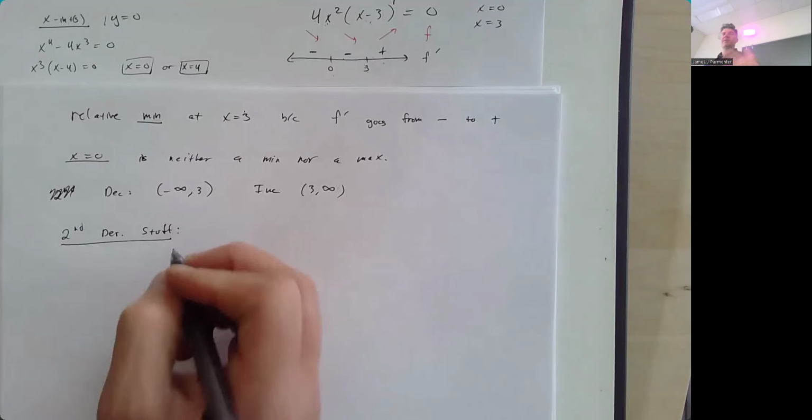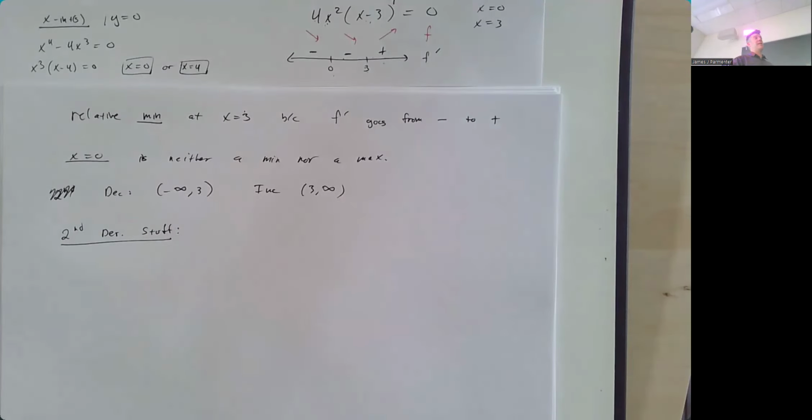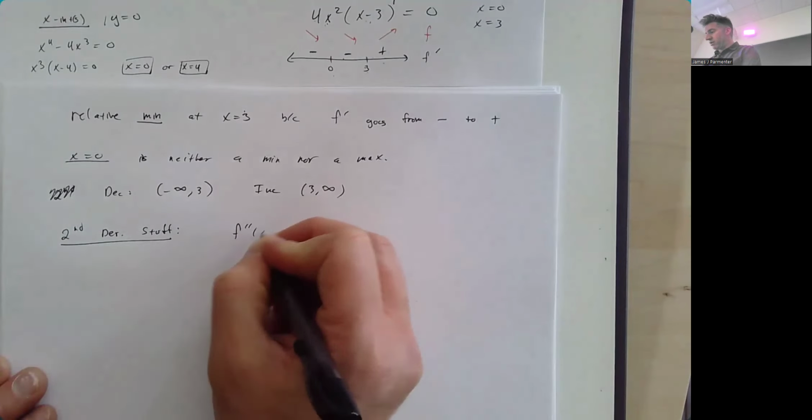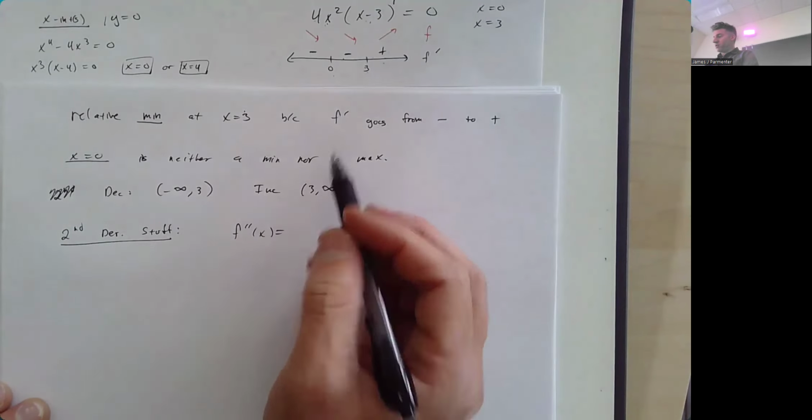When I say second derivative stuff, what I really mean is we're going to do the same thing we just did for the first derivative. We're going to take the second derivative, set it equal to 0 to find the critical points for the second derivative, and then talk about what the sign of the second derivative is everywhere. So my second derivative is going to be, looking back at my first derivative,